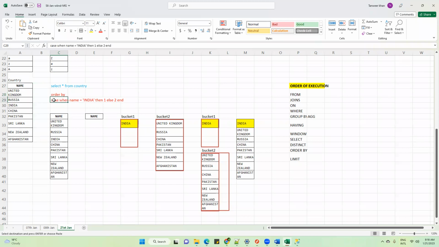Instead, you have written a case statement: CASE WHEN name is equal to India THEN 1. The meaning of this is you are telling the SQL engine that when name is equal to India, keep this in bucket number 1. This is the meaning of CASE WHEN name is equal to India THEN 1. Till now, is this clear?